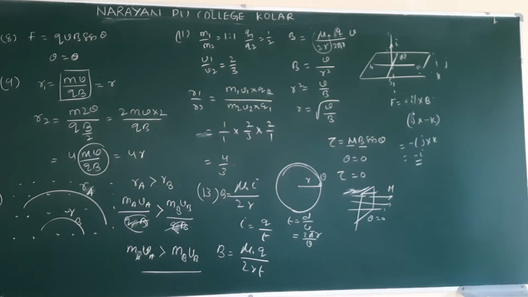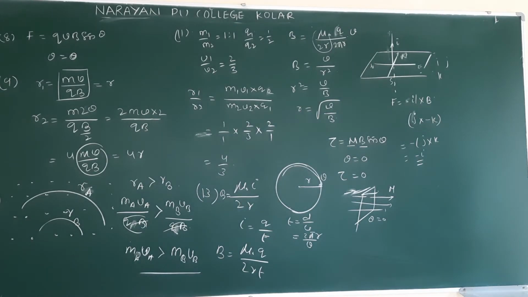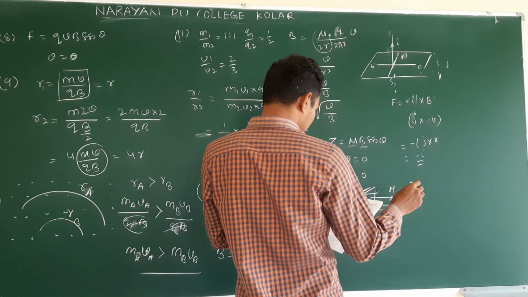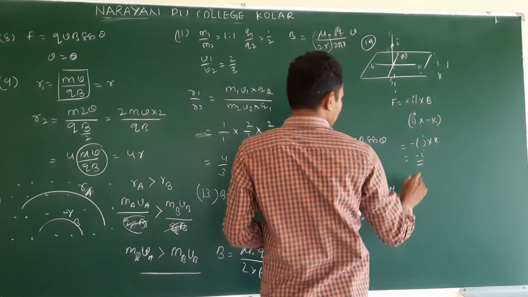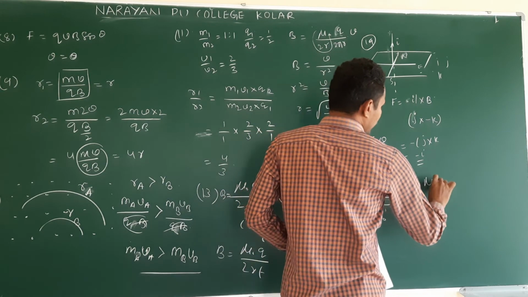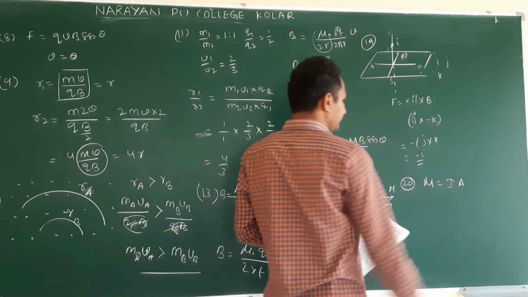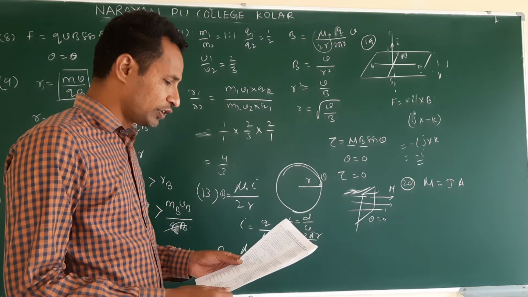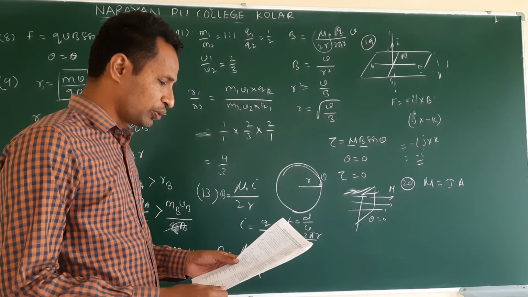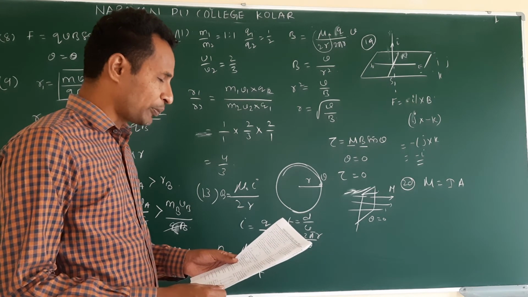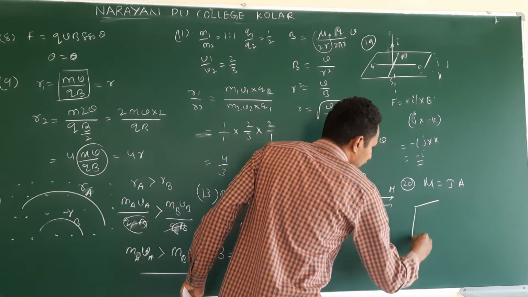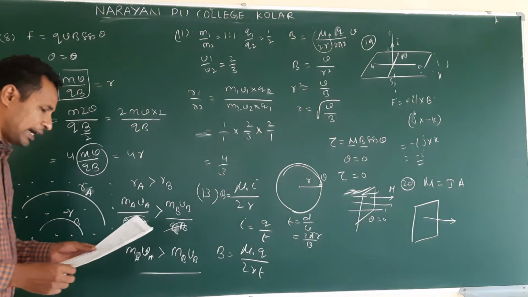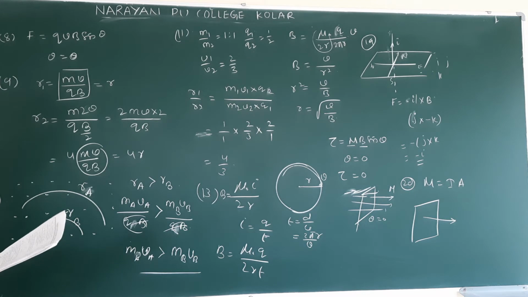Next, 20. Magnetic dipole moment of a rectangular loop is. What is the formula? This is question number 19, this is 20. Magnetic moment formula is I into A. Based on this, you can answer. Inversely proportional to current in the loop, inversely proportional to area of the loop, parallel to the plane of the loop and proportional to area, perpendicular to the plane of the loop and proportional to the area. If you take a loop like this, the magnetic moment acts like this, perpendicular to the plane and proportional to the area. Option 4 is correct. Clear?